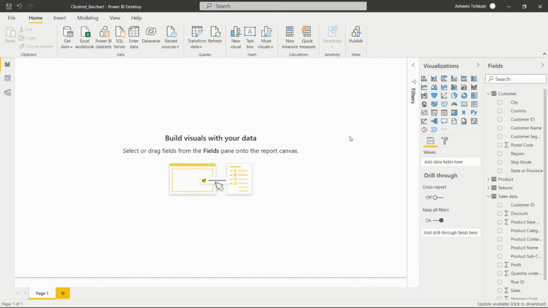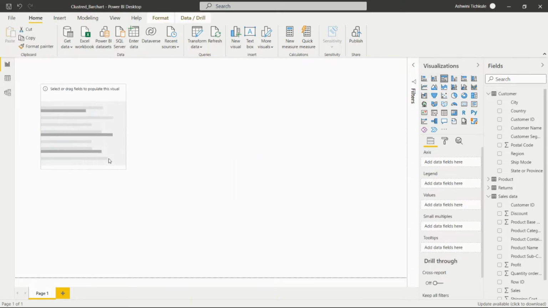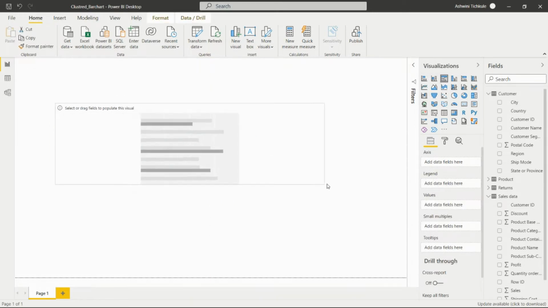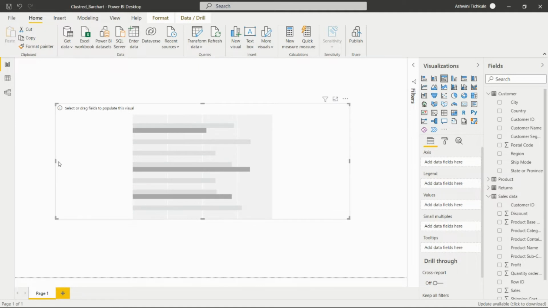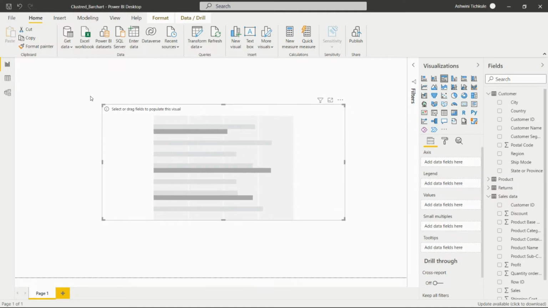Okay, so let's start with the clustered bar chart. For starting, we have to click over here, and then we will get this chart in the dashboard. After getting this chart in the dashboard, we have to add the fields in the axis and values. Small multiples also we can add, and also we can add the tooltips here.